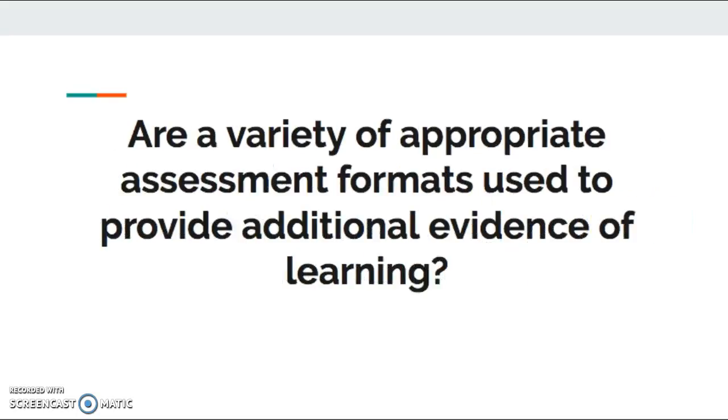Next, when I was considering whether a variety of appropriate assessment formats were used to provide additional evidence of learning, I think this one was actually quite strong in my unit. I was able to use several different methods and forms of